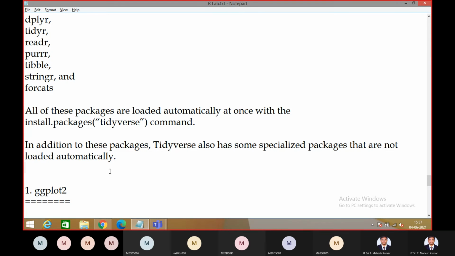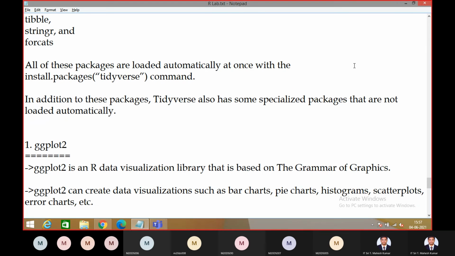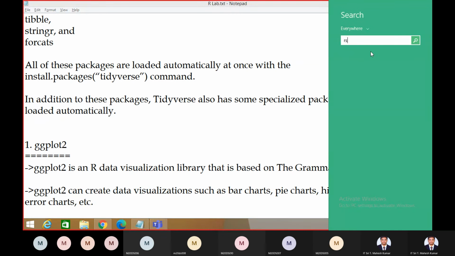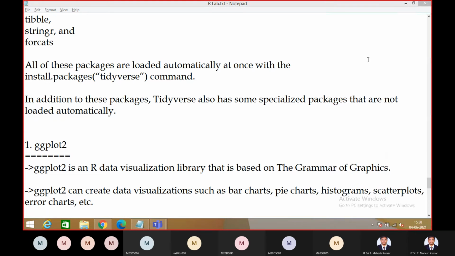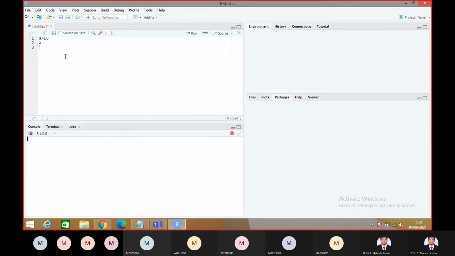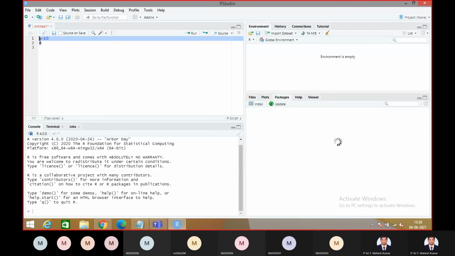Okay, so like this. Let me discuss ggplot2. Before that, we'll open RStudio and install this tidyverse package. Okay, so see here, in order to install this tidyverse package, what you have to do?